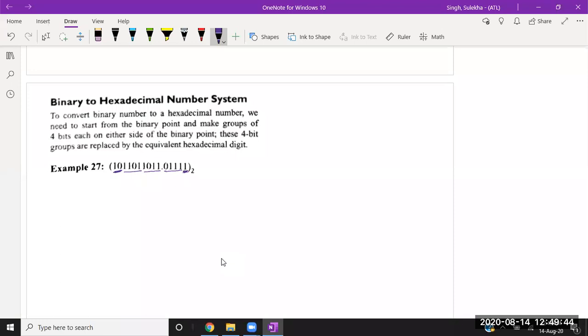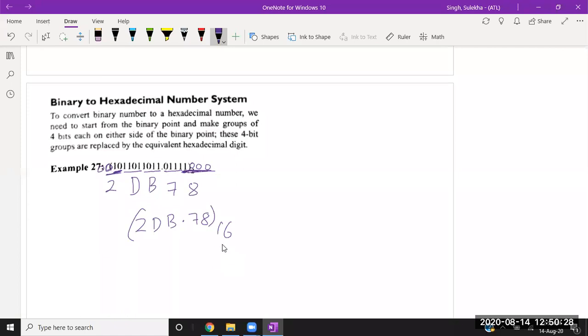Okay, so let's see. If I consider these four values, what's the number in hexadecimal? It is B, it is D, and since this is only two numbers, I can substitute 20. After placing 20, I can see it's only two. So this one is 7, and this one is single, so I need to place three zeros. And after placing 30, I can see that this is 8. So your answer is 2DB.78 in hexadecimal.